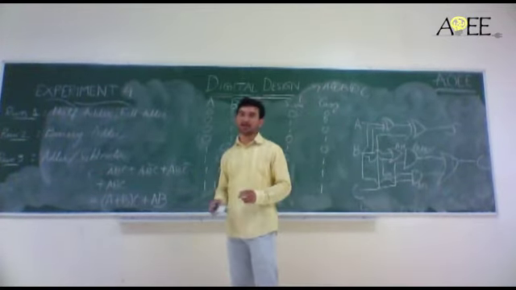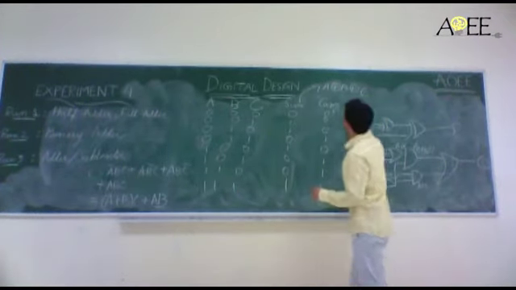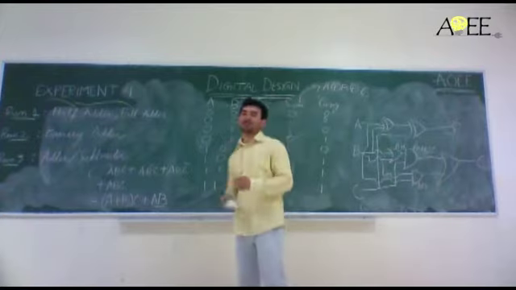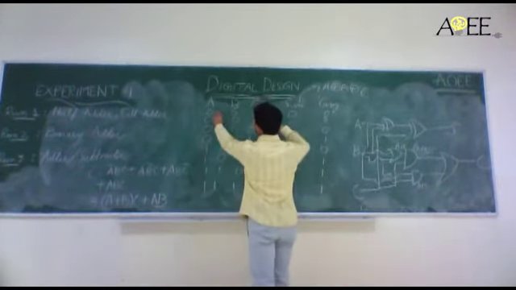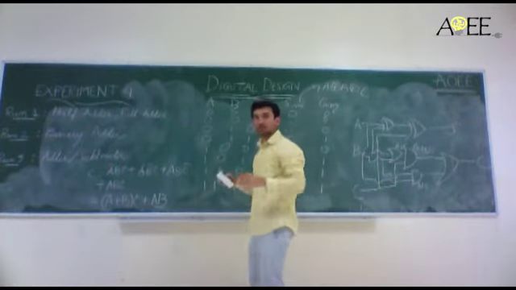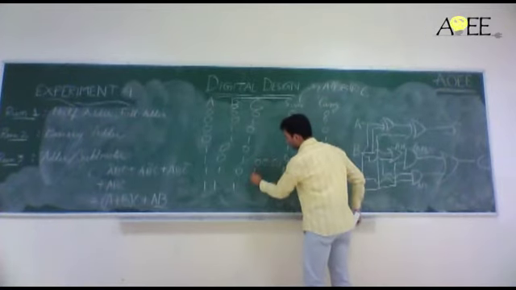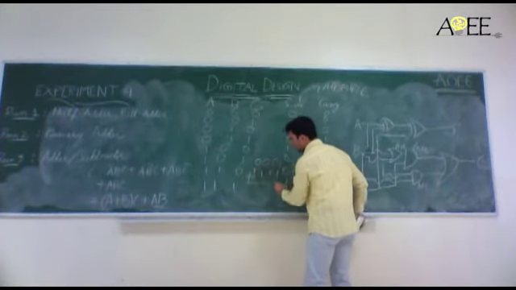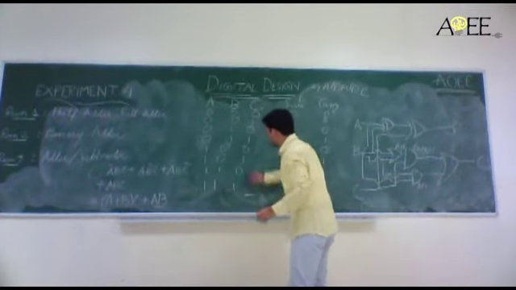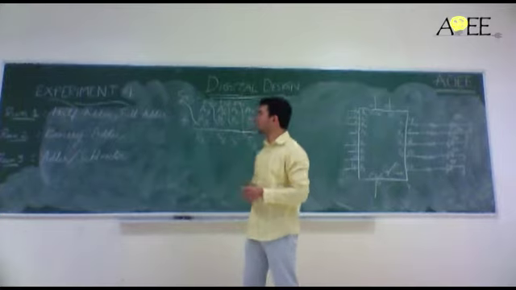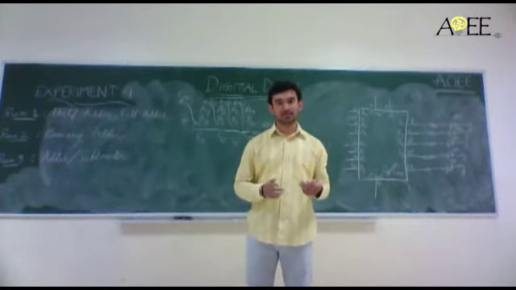Next we'll come to the binary adder. A binary adder basically means one bit being added to another bit and so on. So a binary adder will have 4 inputs being added, and then you get the output. That will be explained soon. The binary adder means adding 4 bits at the same time.